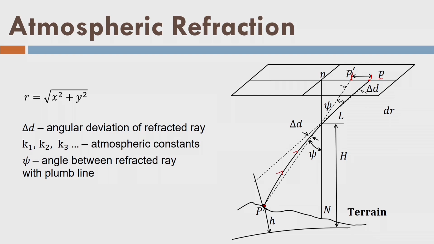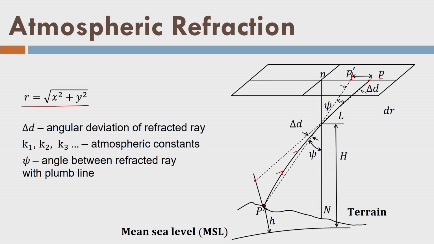Now, what is the effect of that? If I draw a tangent line on this curved line of sight, this will touch somewhere here. So, the point that should be here is appearing here. That is the effect of that. That means the elevation of point P is increased because of the atmospheric refraction, and that is not desired. Let us see, there is an r distance on the image of a point.